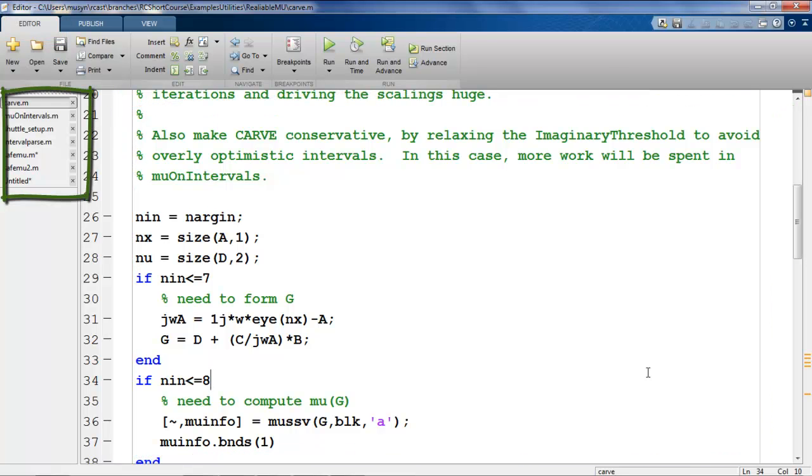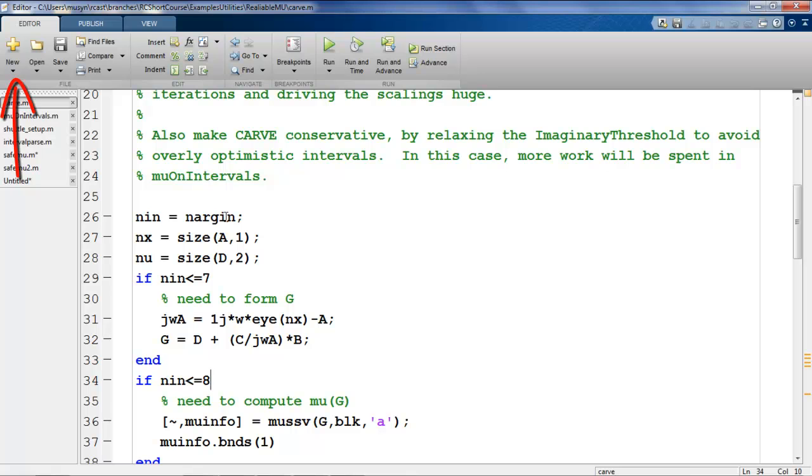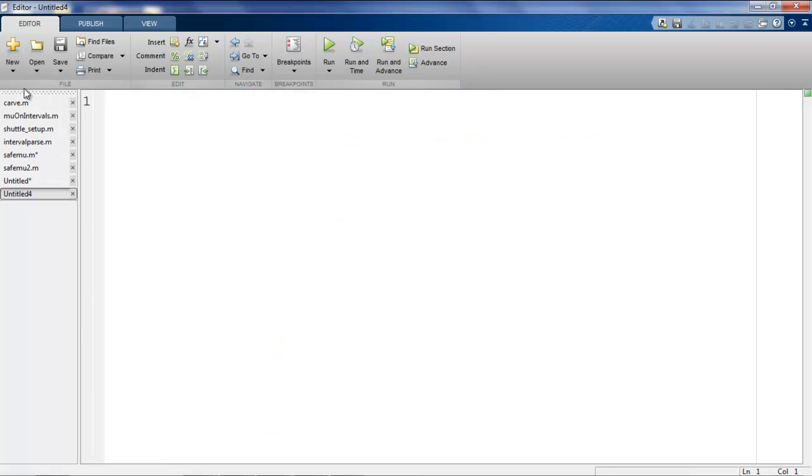I've got several files open, and we're not going to worry about what all these controls mean right now. We'll learn about those in upcoming slides. Let's just start by going over to the New tab and selecting New Script to give ourselves a blank slate. Now we'll simply insert the code that was on the previous slide called myscript1. I started with a comment, then a blank line, then another comment,